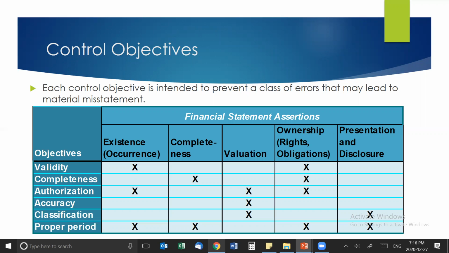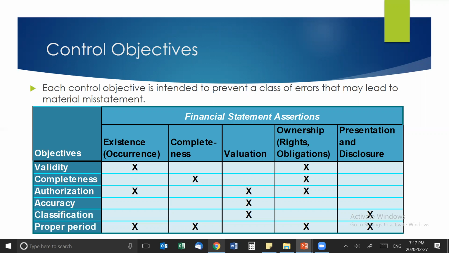Classification is making sure that the amounts are put in the correct accounts, and then proper period is looking at cutoff, so making sure that amounts and transactions and everything are recorded in the proper period and not something from a prior period or the